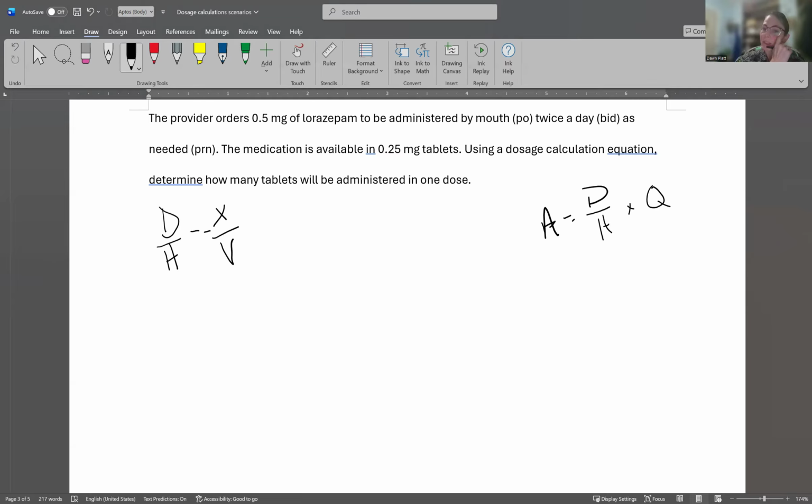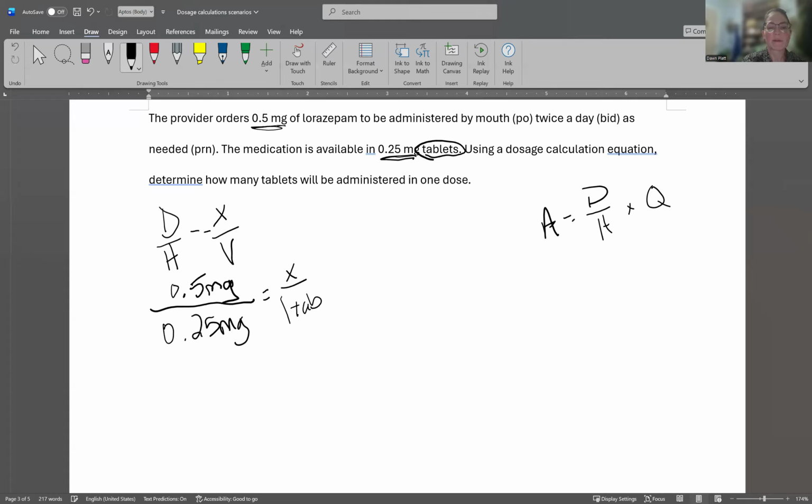All right. So D is the doctor's order, 0.5 milligrams. What we have on hand is 0.25 milligram equals X over V. The vehicle is tablets, so one tab. And so then we are going to get rid of our milligrams, and then we're going to cross multiply. So it's 0.5 tab